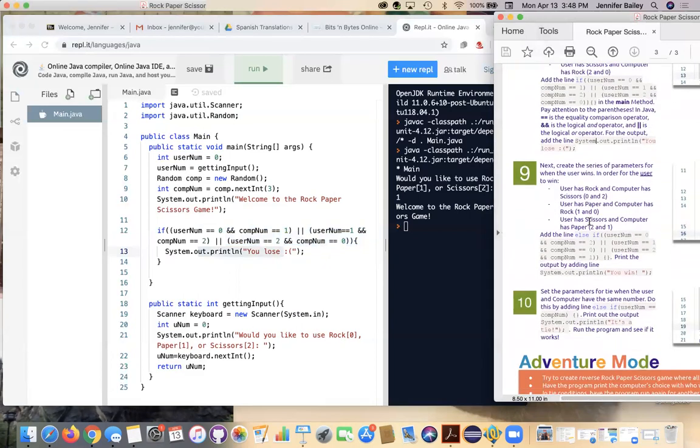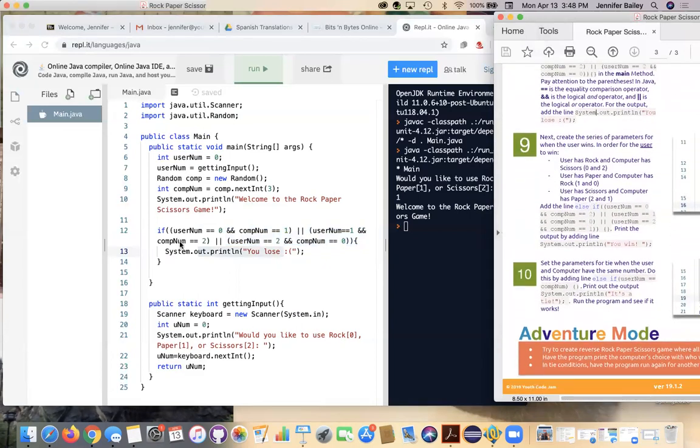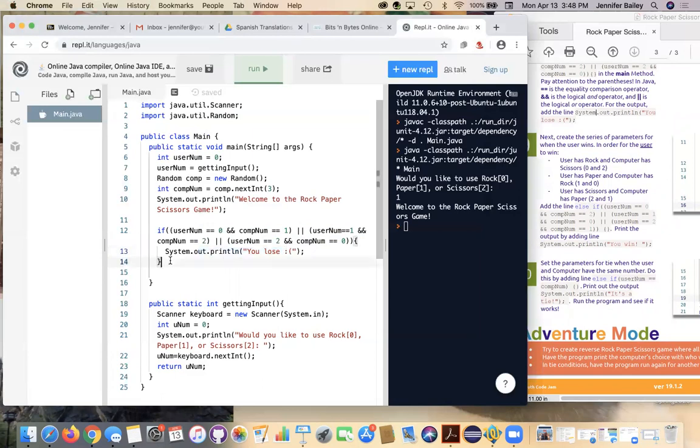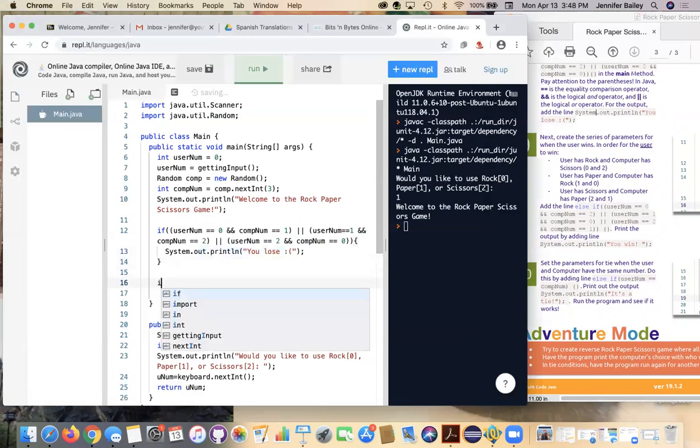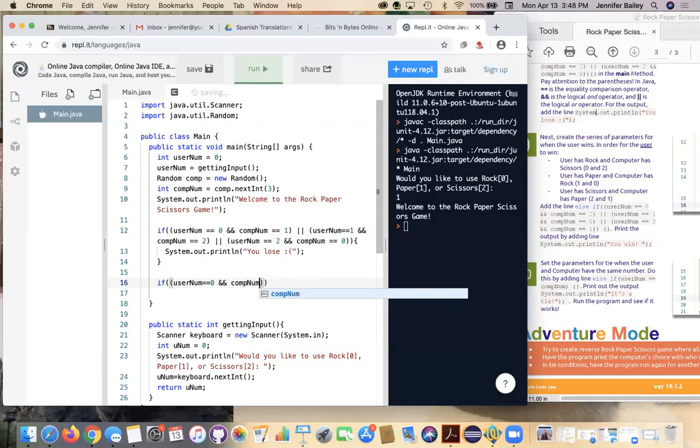We're now going to do one for you win. And it's pretty much going to be the opposite cases, right? Because this one is if you, the user, get to win. So if double open parentheses, and in this IDE, you'll notice that anytime we do an open parentheses, an open curly bracket, an open square bracket, it auto completes that pairing for us, and then we can type in between them. So I'm going to type user num equals 0 and comp num equals 2,